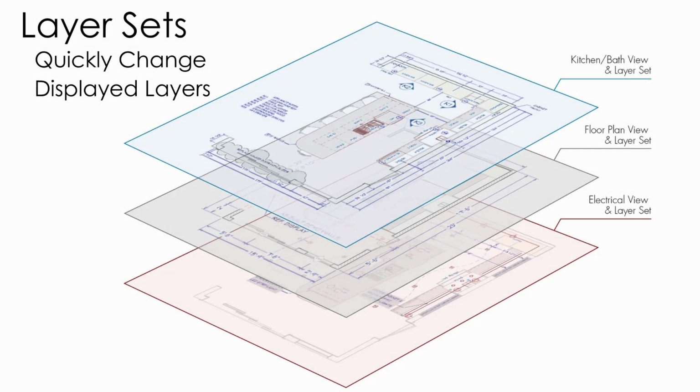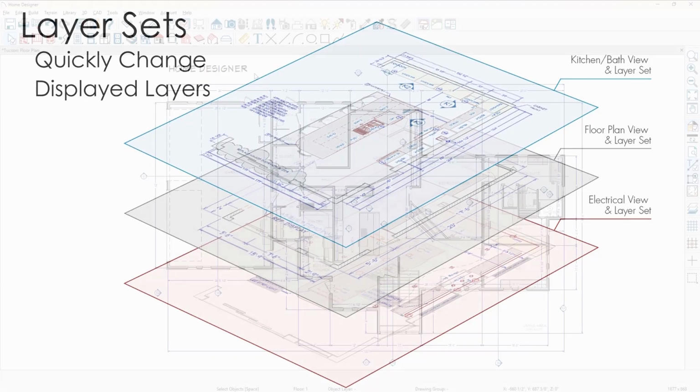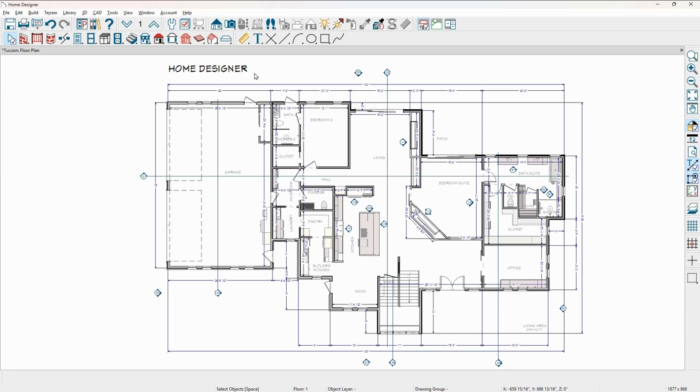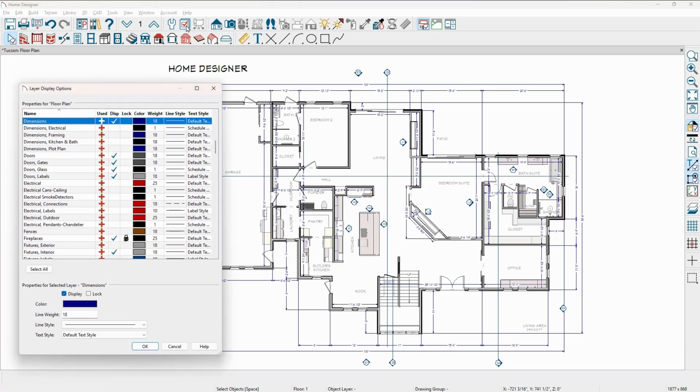Layer sets are a way to quickly change the layers that are displayed and can be a significant productivity tool for design professionals. In Home Designer, you can turn on and off individual layers using the Layer Display Options tool. Controlling the display of these layers allows you to have a working view that is specific to the design elements